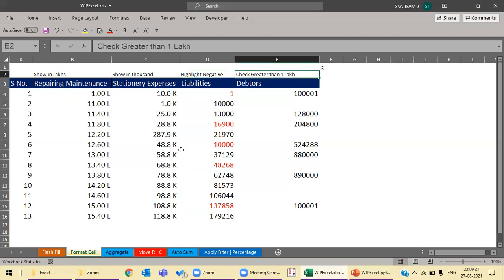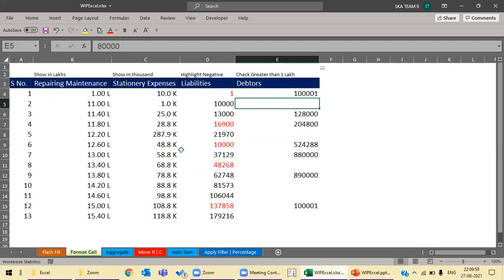Now let's see another use of format cells. If I want to see only those numbers in a column which are above a certain limit, say 1 lakh, I can get that also by using the format cells option. Let's see how. This amount is 1,01,000, that's why it is appearing.